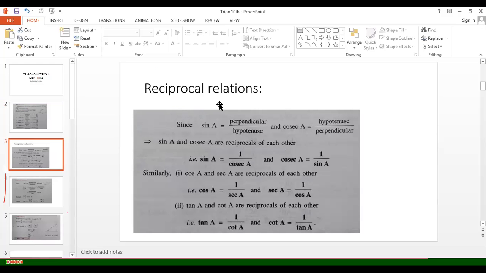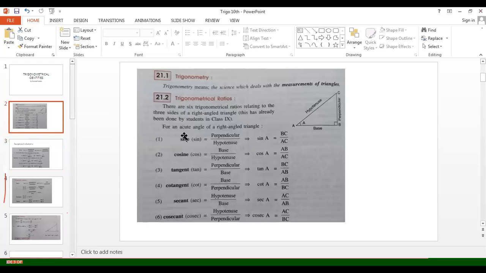What do you mean by reciprocal relation? It's just the same as this. Sine is the reciprocal of cosec, cos is the reciprocal of sec, tan is the reciprocal of cot. Before moving ahead, I hope you remember this. Sine is basically the sine ratio. The abbreviation is SIN, pronounced sine. Do not pronounce it like sin. Cos is cosine, tan is tangent, cot is cotangent, sec is secant, cosec is cosecant. You must remember this from my slides very well, students.